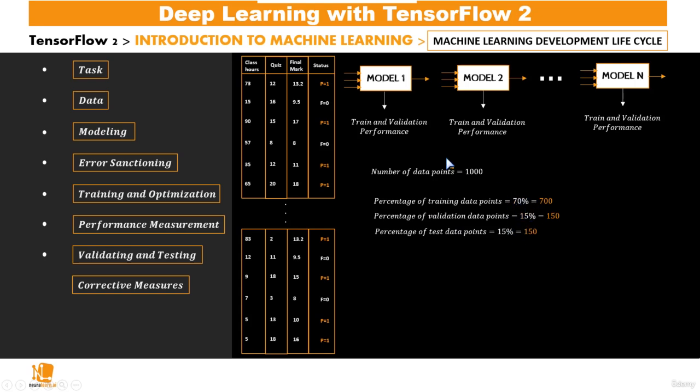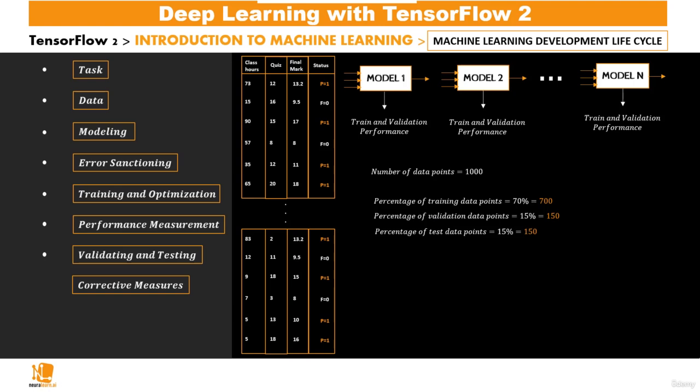Now 70% of 1,000 is 700, so we're training on 700 data points. We're validating on 150, and then we're testing on 150. But also note that this kind of data set is not very common, and we have to do our best to avoid it. By avoiding, we simply mean we have to gather as much data as possible, because the more high quality data, or the more representative data we have,